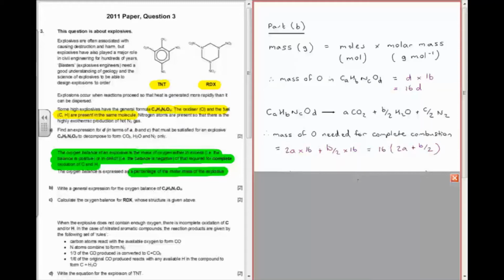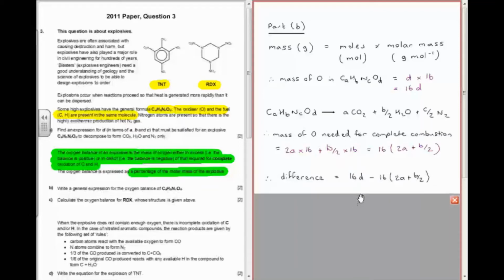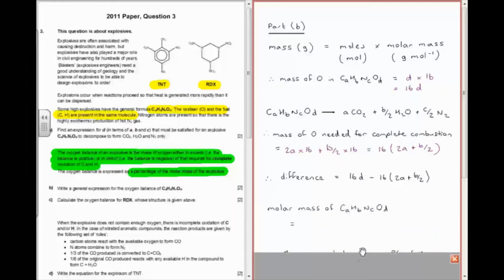The difference between these two values is effectively the top half of our equation, and so the difference between the two values is 16D minus 16 lots of 2A plus B over 2. The question tells us that the oxygen balance is expressed as a percentage of the molar mass of the explosive. We can again use our equation that mass is equal to moles times molar mass to calculate the molar mass of our explosive. The formula for our explosive is